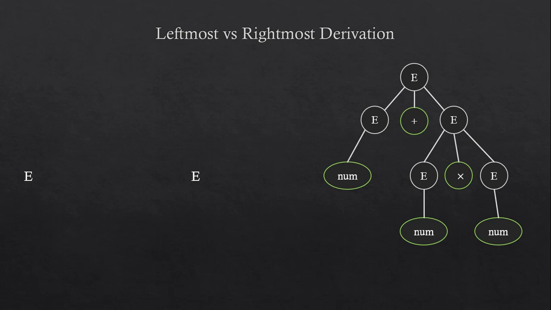So first of all, we have our two start symbols for our two processes. And just like before, we are going to expand it with the production rule that E can be replaced with E plus E. Now, this is where things are going to be different for the two processes. On the left hand side, I'm going to expand the left E and in this example, I'm going to expand this E. All right. So in one case, I have got the terminal number and plus E. In this case, I have expanded this E instead of this one, and I have got the expression E multiplied